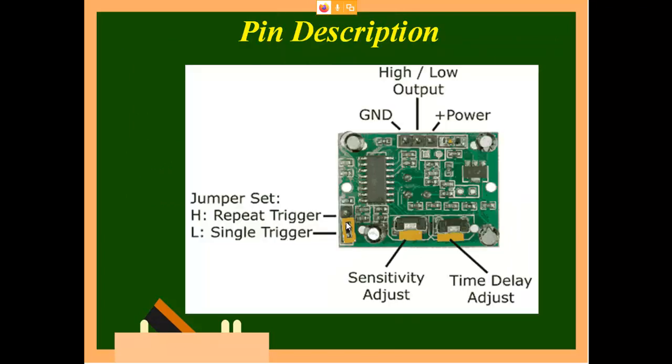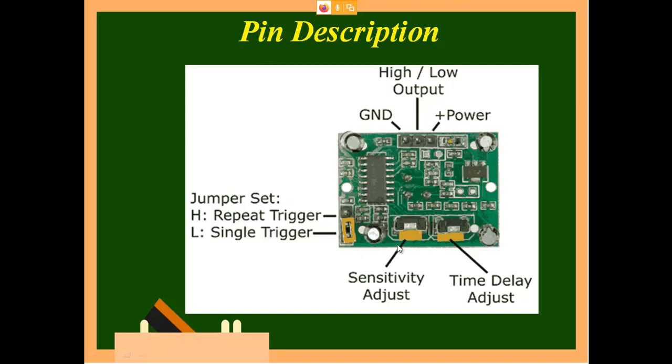Okay, so this is the pin diagram. When you go and buy from a shop and ask for a PIR sensor board, they will give you a PIR sensor board. The thing you want to know is the pin details. When you reverse it, there are 3 pins here. One is for ground, another one is for output. The output will be either high or low. The third one is power, usually plus 5 volt.